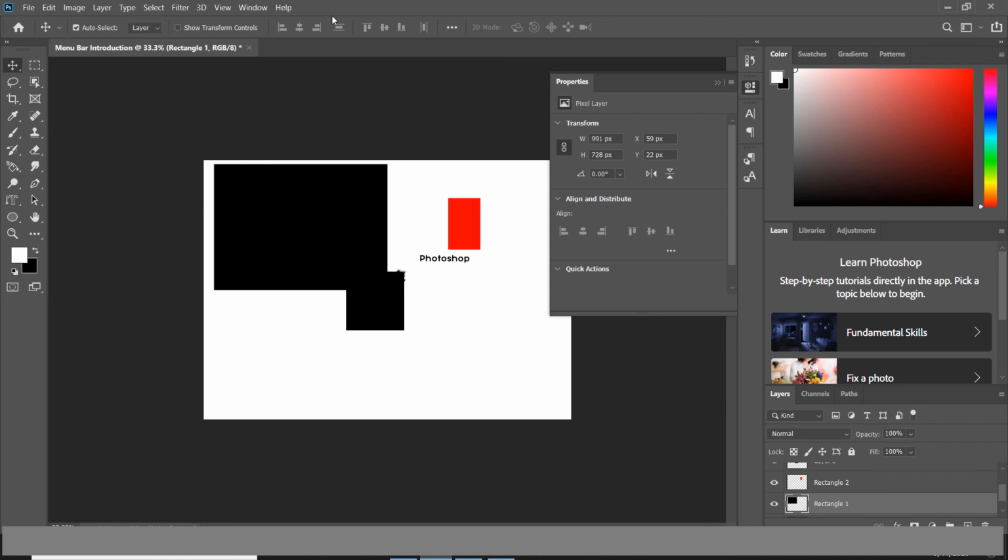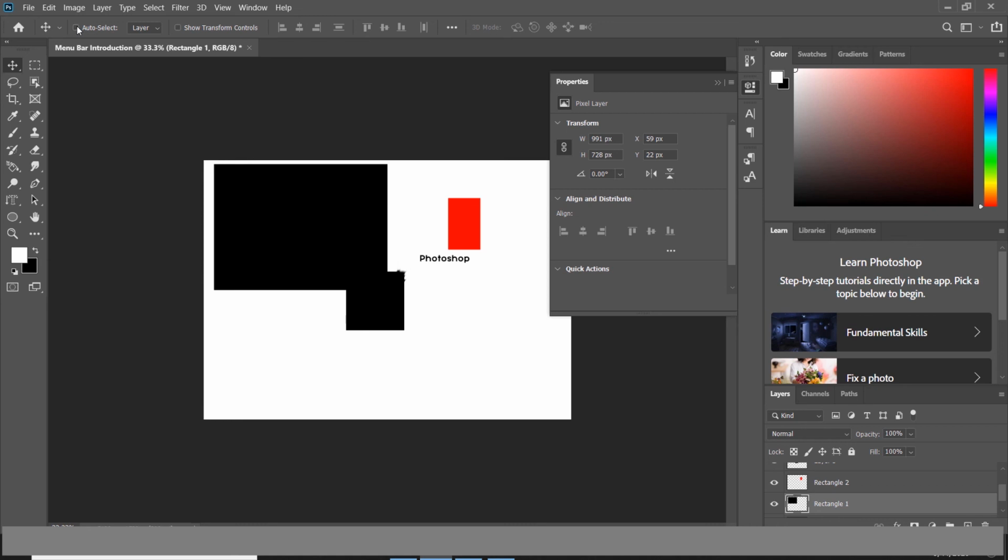The options related to that tool, things that the tool can do, those options will be there on the options bar. So right now I'm on move tool. You can see it's blank. It's blank because few of them are actually